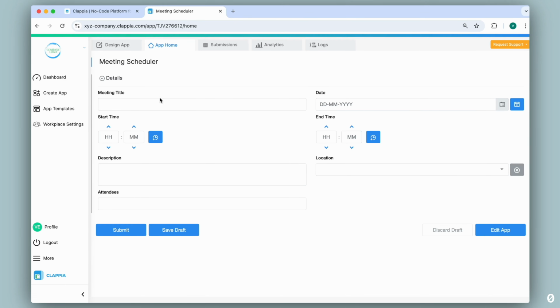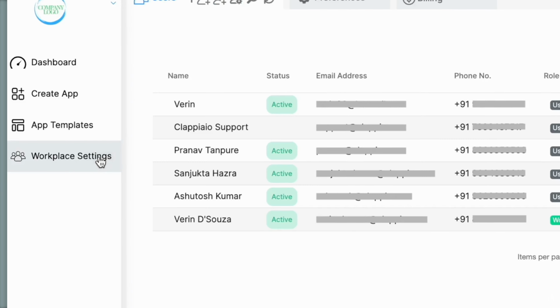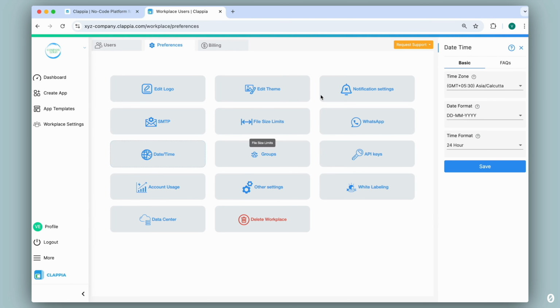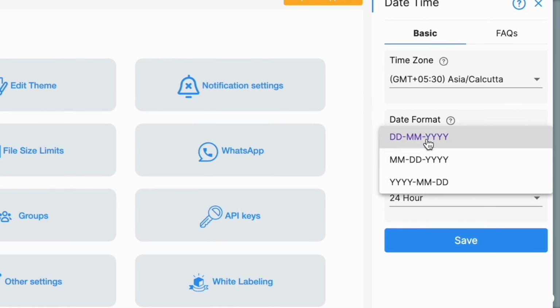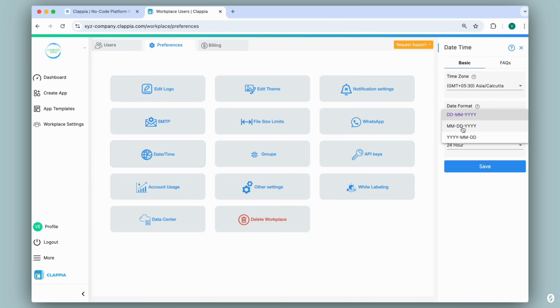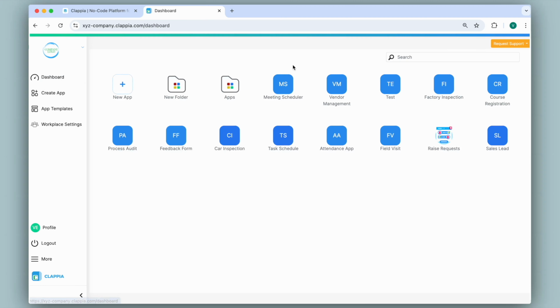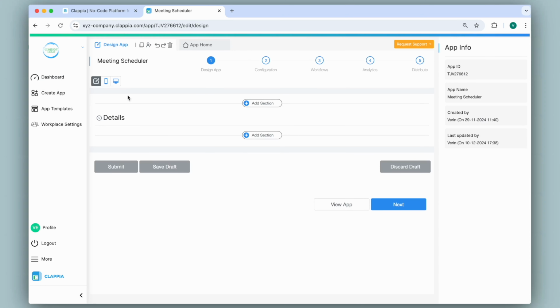One, you can go to Workplace Settings on the left panel, click on Preferences, select Date or Time, and on the right panel, change the date format. But this changes the format for all the apps in your workplace. If you want it only for a specific app, then go to that app, and in Design app, I can